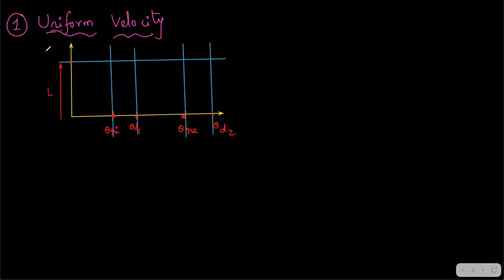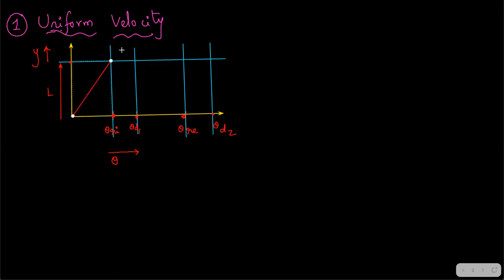Actually this direction is represented by y-axis and this direction is represented by theta, the rotation of cam. So y and rotation of cam. Now how is the motion happening? The motion is happening in a uniform manner, right? So for uniform velocity, this is the line which we connect, just the first point and the last point.